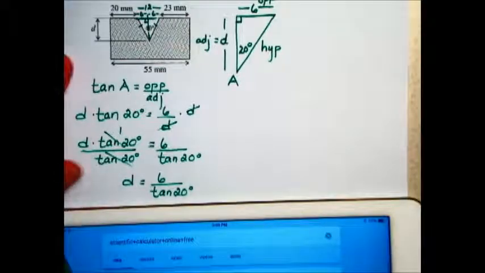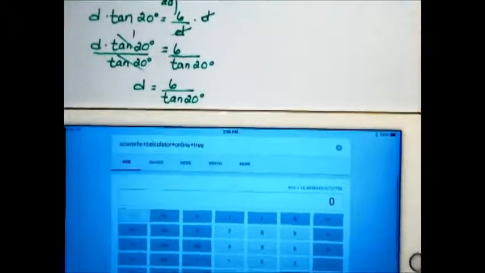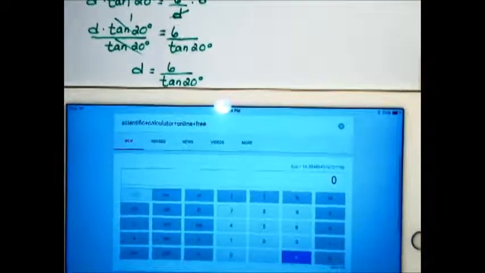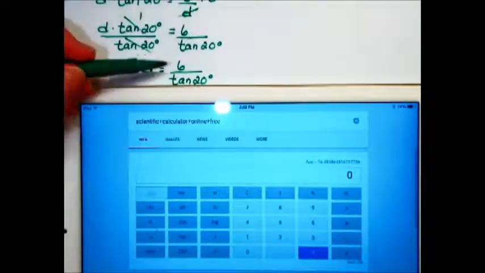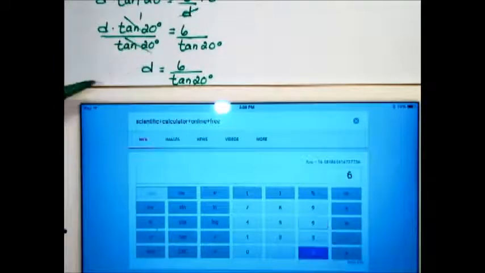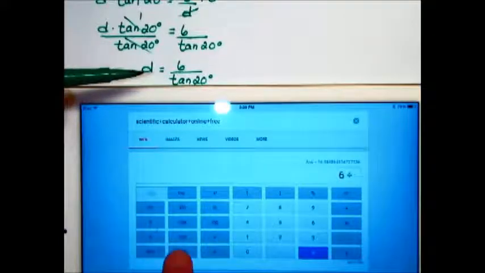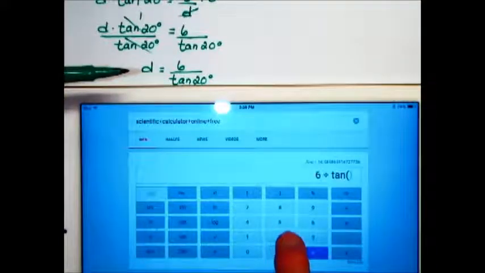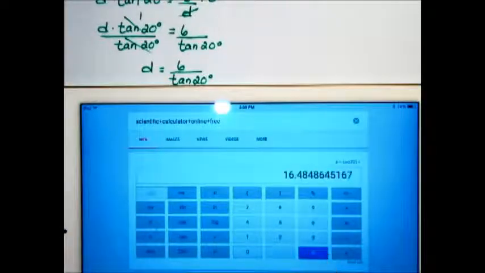I have a direct algebraic logic calculator downloaded on an iPad Air. And I will start with the numerator, 6, dividing it by the tangent of 20. So I will tap tangent. And since this is a DAL calculator, we do the trig function first and then the angle measurement. And you see I don't have an answer, so I have to hit the equals so that that division is